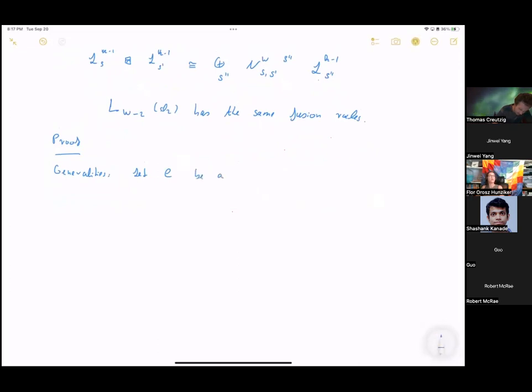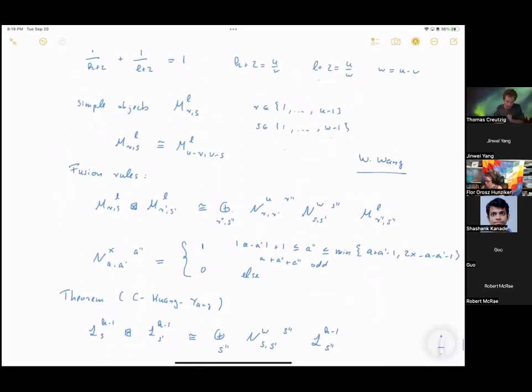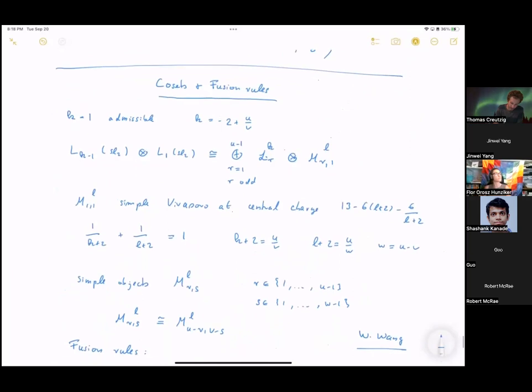So we start with a braided tensor category. And you think about it, of course, as a category of modules of a vertex algebra. And then we want to use tensor category theory to relate fusion products of one VOA that we know. So here, in this case, we know the fusion products of the Virasoro algebra, to fusion products of a VOA that we don't know, but that are related via some explicit construction like this